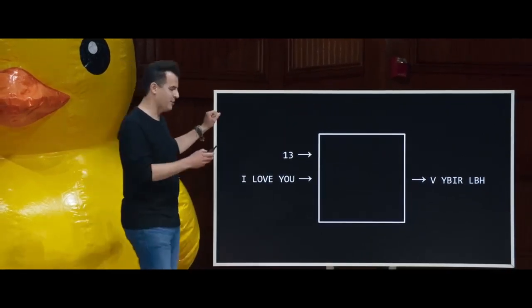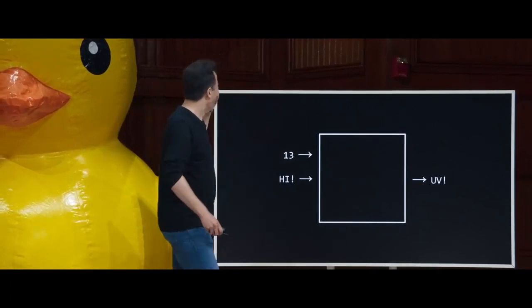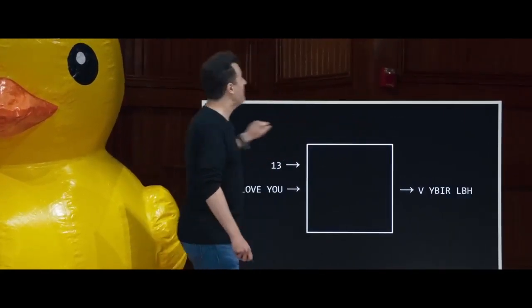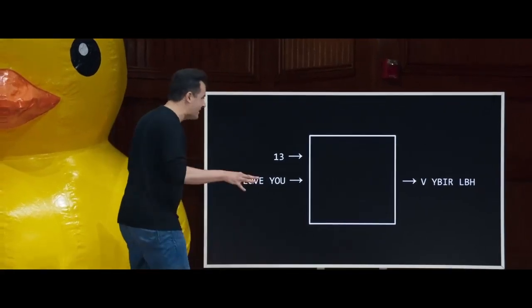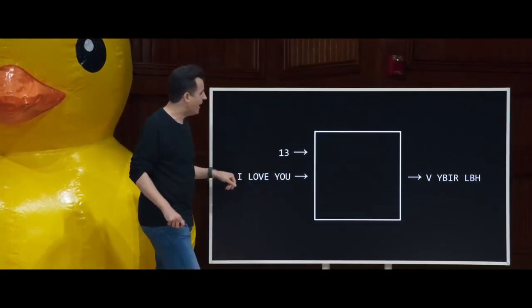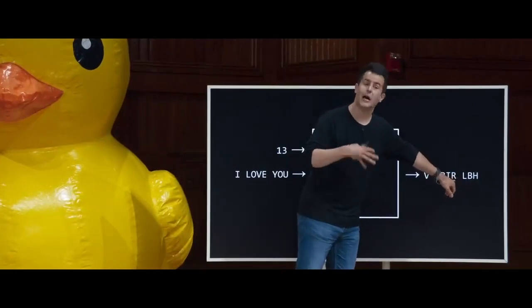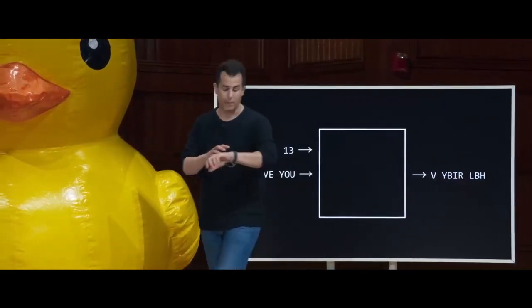Oh, wait. I'm pointing at something that's not on the screen. Damn it. Suppose the message is more lovingly, "I love you," instead of just "hi." Same exact approach, whether or not there's punctuation, "I love you," with an input of 13, might now become this. And now it's getting a little less obvious what the ciphertext actually represents.